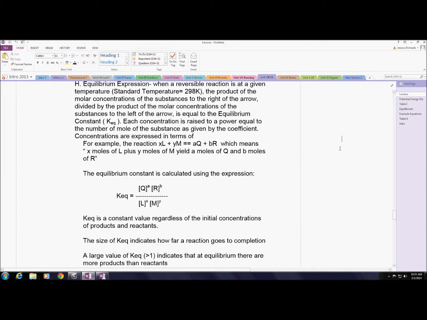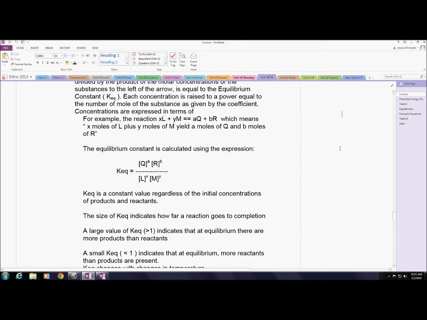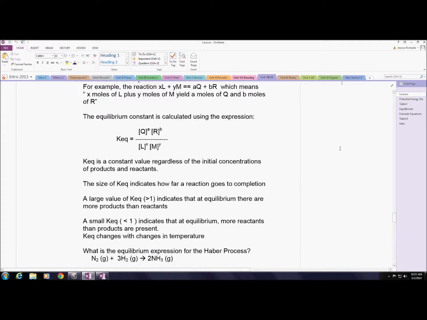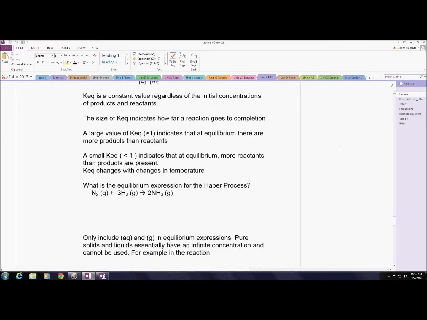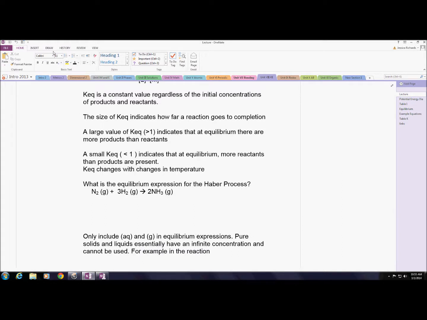The good thing about this is they're not going to ask you to calculate any numbers based on this. They are constant values, which means in real use there would be data tables of them and they would tell you what temperature you're at and you would just use those numbers. The important thing for you to know is right here